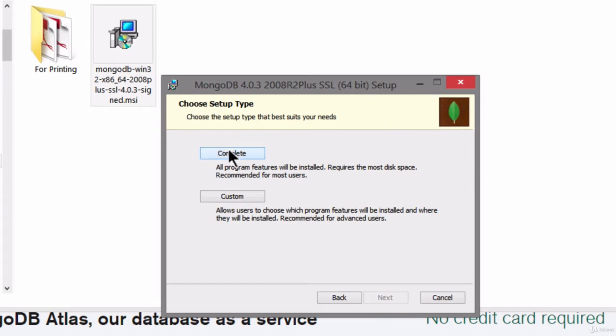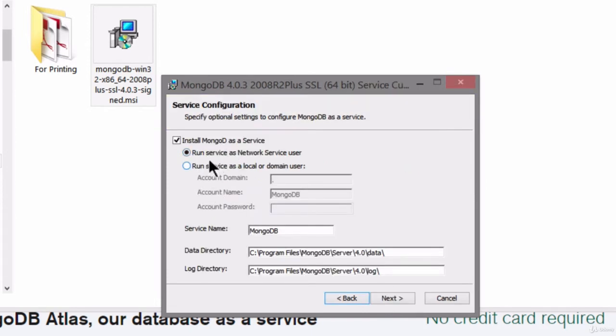and then we're going to choose the complete installation, and then you're going to select run service as a network service user, and make a note of this directory path that they've created here for you. This is where they're going to install MongoDB. It's going to be under C, Program Files, MongoDB/server/4.0. And I recommend keeping to this exact same file path because we'll need it a little bit later on. So keep it the same and keep a note of it, and we're going to come back to it a